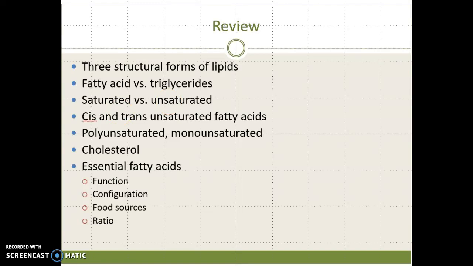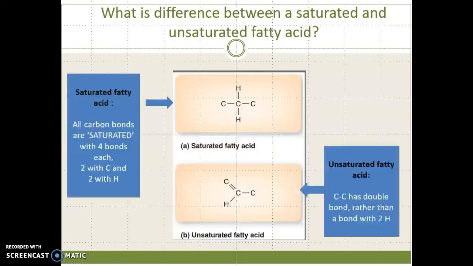That determines how the fatty acid will behave. So we know that saturated fatty acids are solid at room temperature. Unsaturated could be liquid or semi-solid, depending on how saturated they are. So for that one, if you look at this slide, you can see that a saturated fatty acid has all